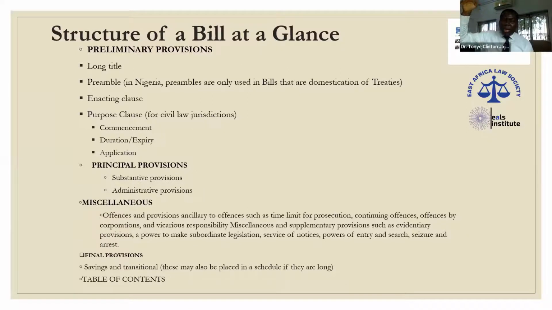Now, that handbag is like a bill. Let's use the example, it's like a law. Now you have put the preliminary, you have put the principal provisions. You need to put miscellaneous items. Miscellaneous items are items that are not really the core, they are not really the substance, but eventually you may need them. Something may come up and you need them.